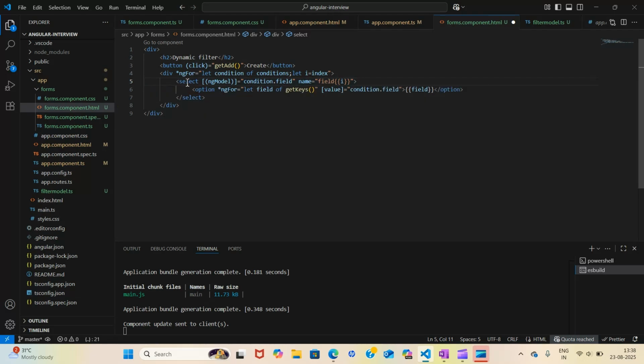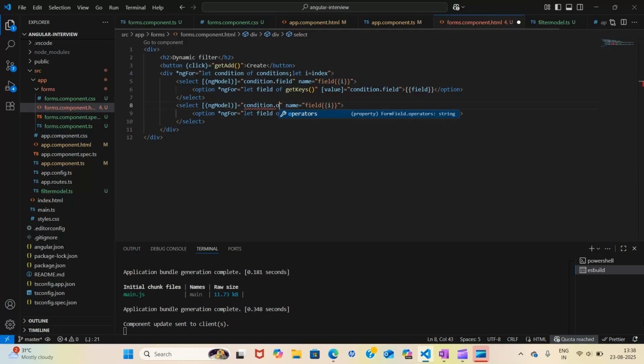Now this is clear. Now I want to simply copy and paste this. Now I want this condition dot operators to be visible, okay? But how will it be visible? Because we got the keys and these operators are in the values, right? So for that, we want to change this